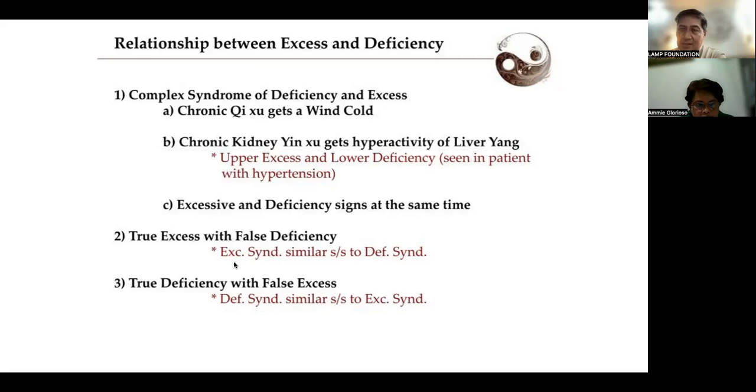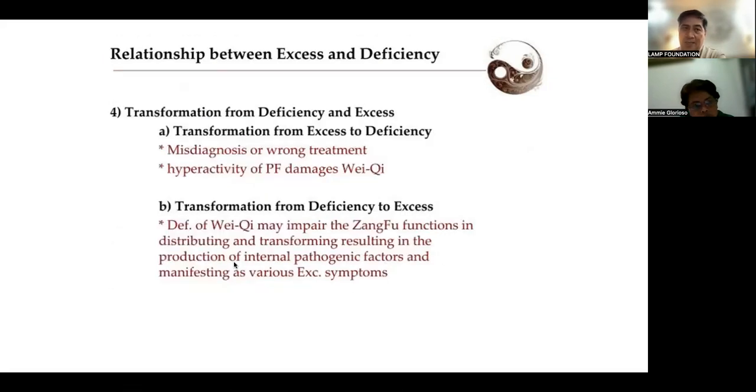Excess and deficiency signs at the same time. So ito na yung kanina, di ba? True excess with false deficiency. True deficiency with false excess. Pag masyadong mag-isip, you just have to make use of your brains. Okay? So, pag